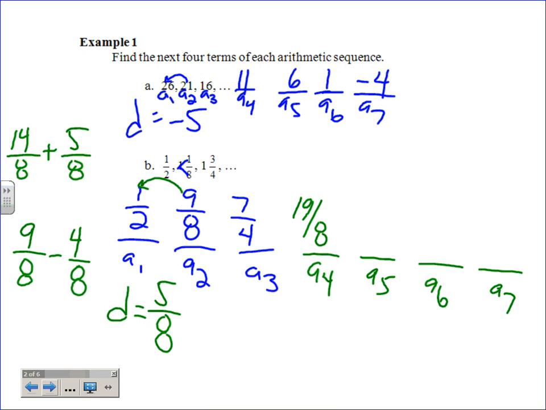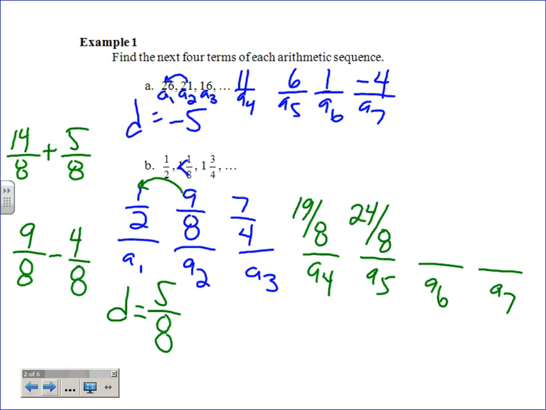Just make sure you simplify it as much as you can. So now the reason I would not simplify is I can just keep adding this fraction now, and I already have my common denominator as I go. So let's add 5/8. And you get